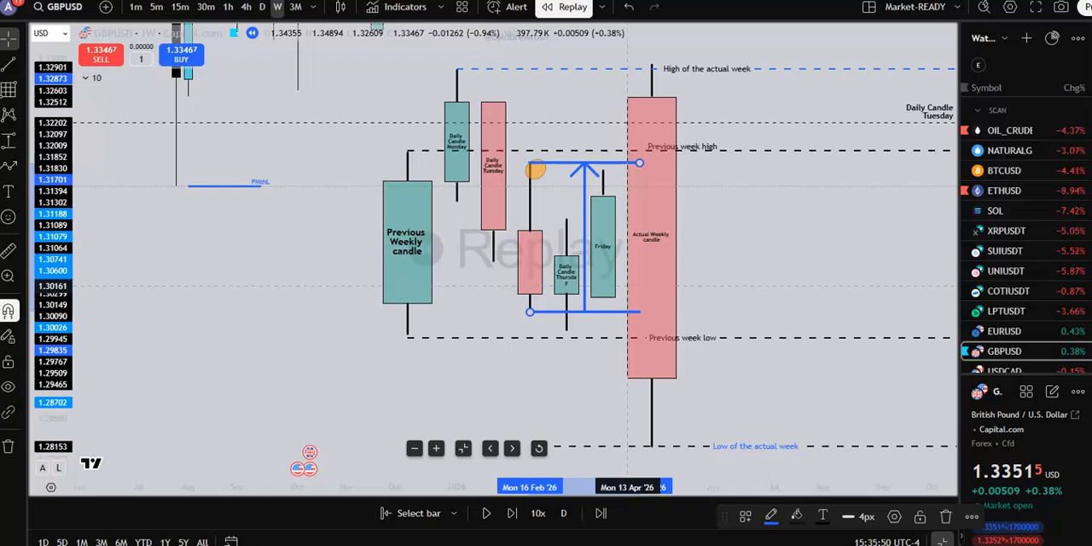We're going to see in the next coming videos what are the factors that will make us switch bias within the same week and the manifestations of this change in the